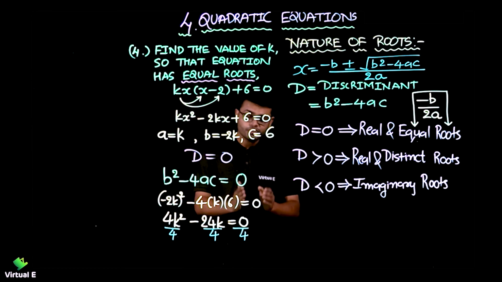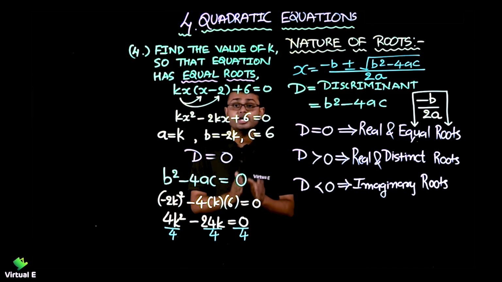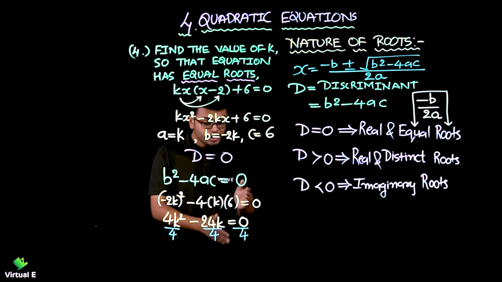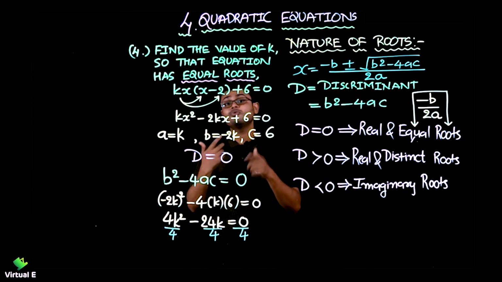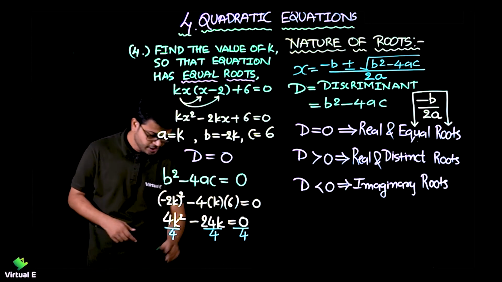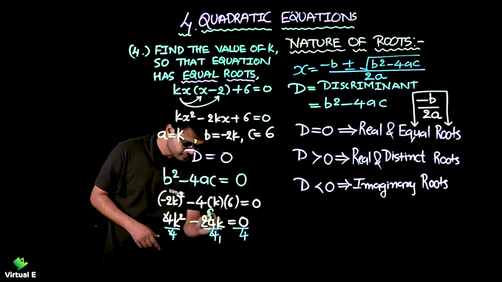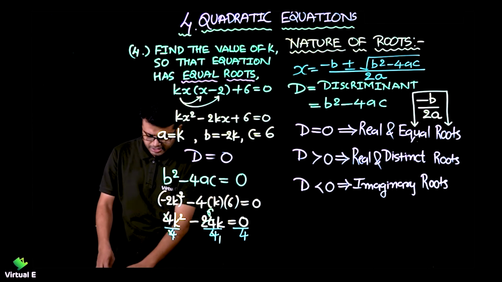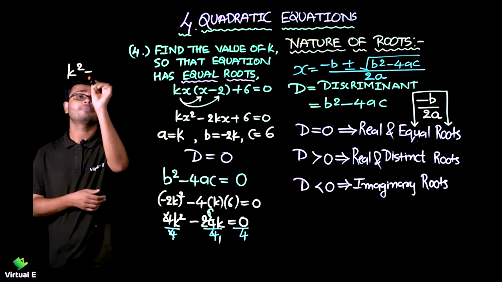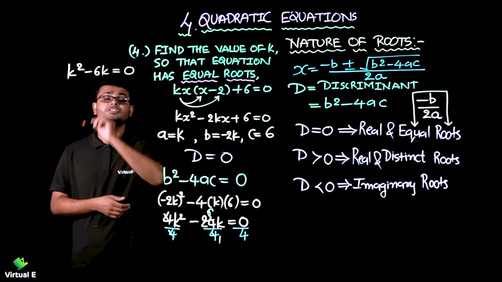of the sides. Suppose you don't write 4 over here, and there is any other number in the numerator like 7 or 8 or a multiple of 4, and you don't write it, you won't be able to do cancellation and you won't be able to get the correct answer. Remember. So let's do cancellation. 4 gets cancelled, 4 ones are, and here 6 are. Here it will be 0 only. So let's continue, which is k square minus, what's left, only 6k is equal to 0.